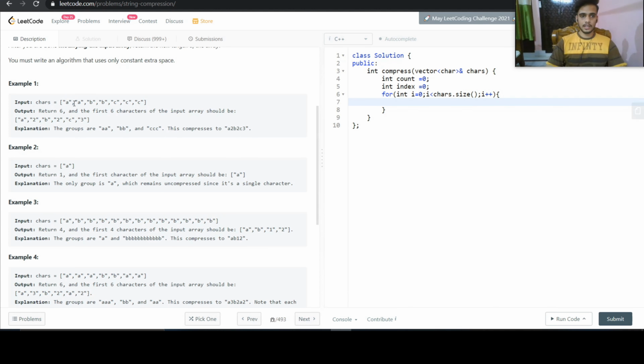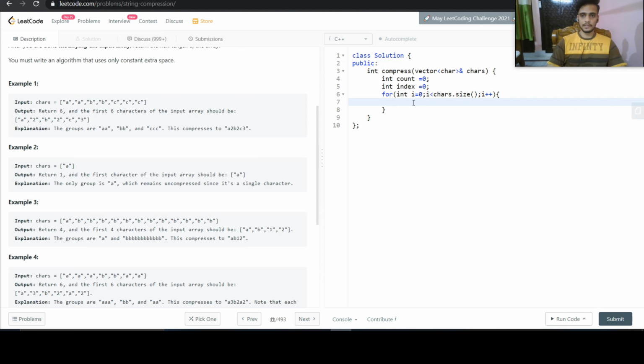Now once we are parsing a character, we need to check whether the next character is the same as it, and keep on looping till it is the same, then count all the characters, and then put that character in our character array, and after that its count if it is greater than 1.